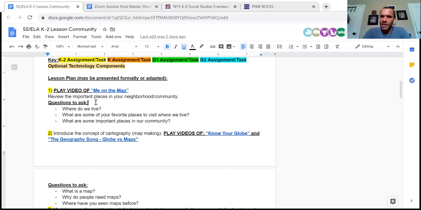And the other thing is, I did demo this lesson with a group of second graders a couple days ago, and I had planned on maybe spending 10 or 15 minutes on Zoom with them. They were kids from my daughter's dance class, and it did not go as planned at all. As you can probably imagine, it was about 20 minutes of let's talk about social isolation and the coronavirus. And then it was about 7 minutes of keeping their attention and talking a little bit about the map activity in here.